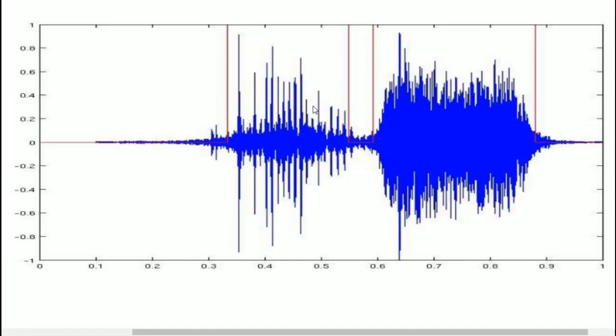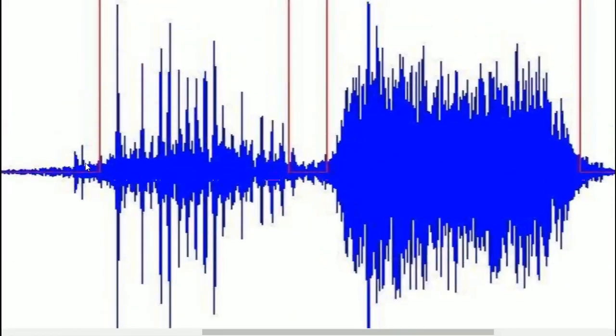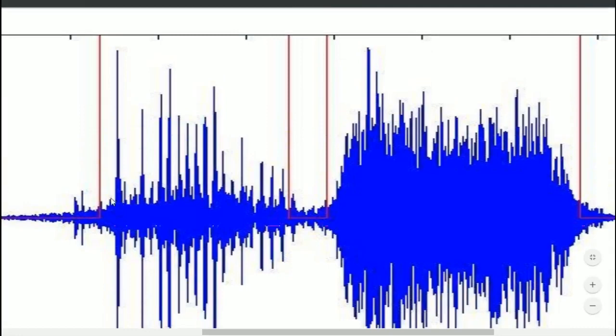This is what it looks like. Here you see that there are small spikes, but it doesn't go over the high mean. And here you see that there are big spikes, and you can notice that in red, this part considers when the user is talking. So 0, 0, 1, 1, 1, 1, 0, 1, 1, 1, 1, 0.